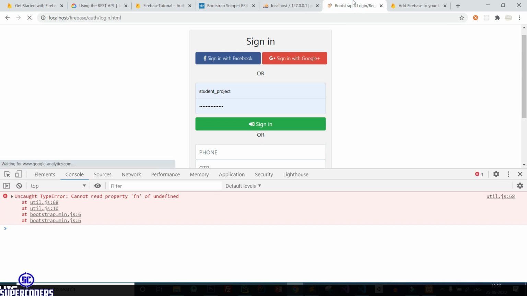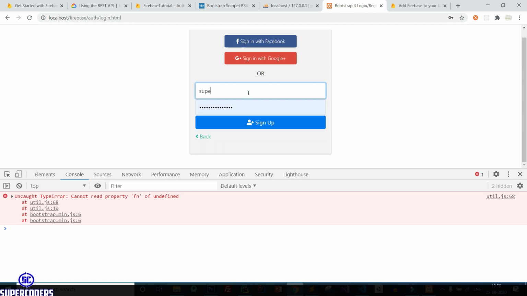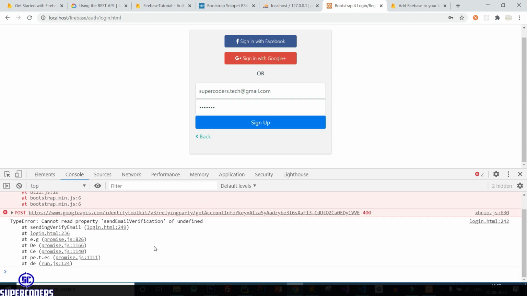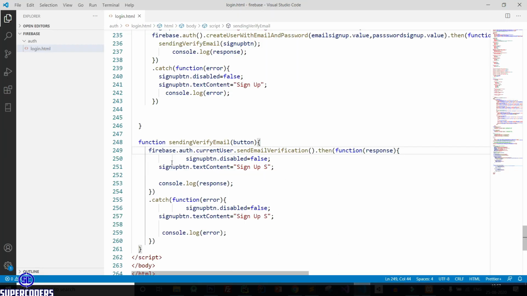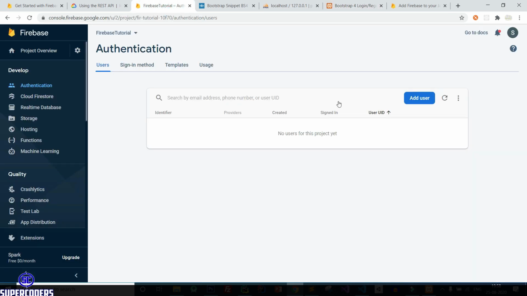After that refresh page and here sign up new account, then supercoders.tech@gmail.com, login, so here is one error. Let's see what is this error. So come again here, firebase.auth, and here I missed calling the method, save it.